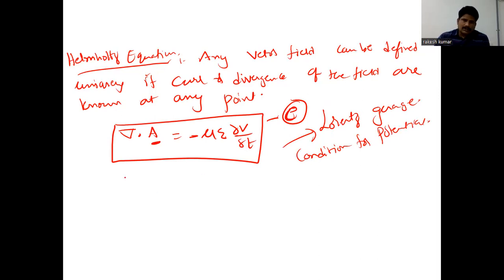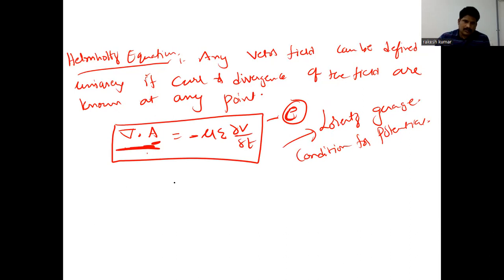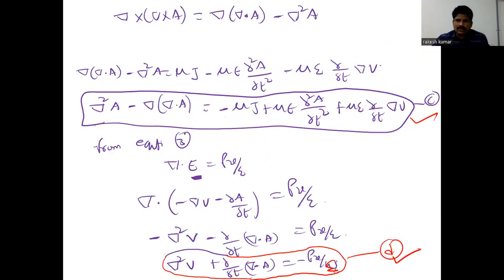So del dot A gives the relationship between the vector potential and the scalar potential. This Lorentz gauge condition gives the relationship between both the vector potential and the scalar potential. So if you observe here,